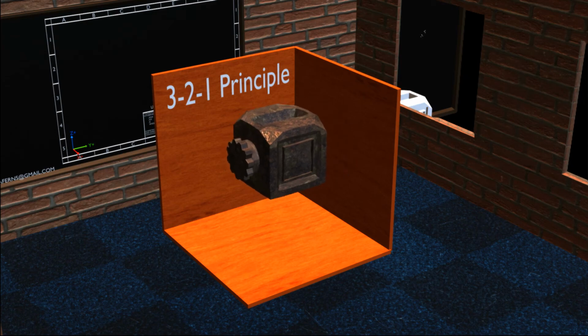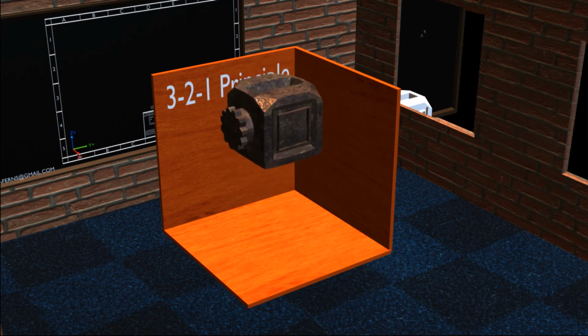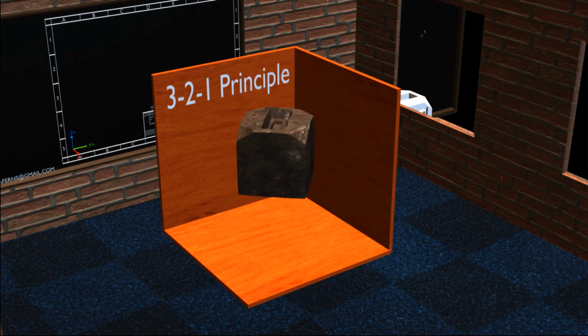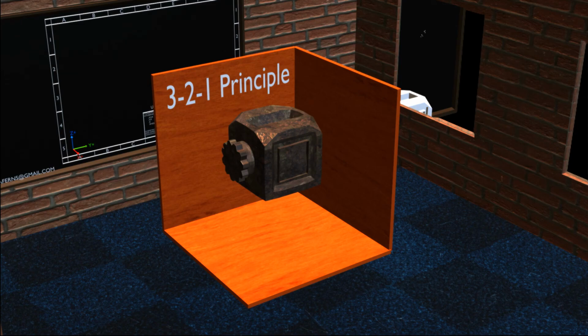Let's consider this object, placed in the first quadrant, and free to move and rotate in all directions. To know more about quadrants, check out my video on first angle projection and third angle projection. The 3-2-1 principle is used to constrain the motions of the object and stabilize it, to perform the required